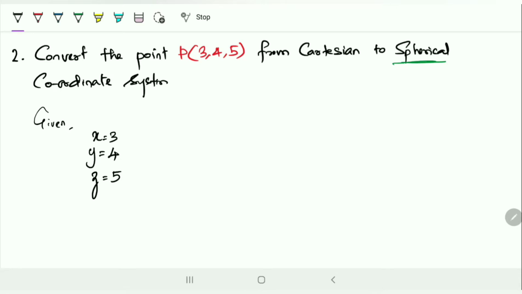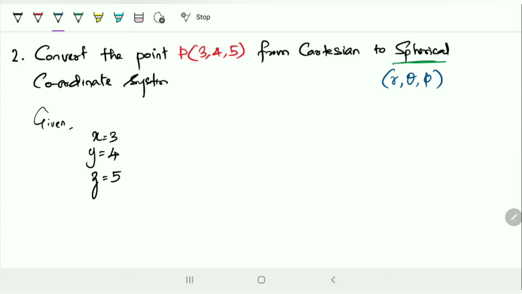And the next thing we have to know is how to convert to a spherical coordinate system. For converting to a spherical coordinate system, there is a formula which has already been seen in the previous lecture, where we represented each and every spherical coordinate in terms of the Cartesian coordinates. So to do that, let us write the formula here. For the spherical coordinate system, by default we represent it as r, theta, phi.